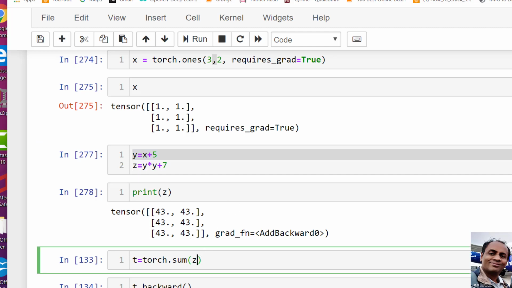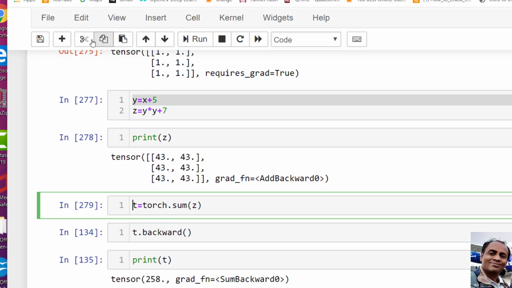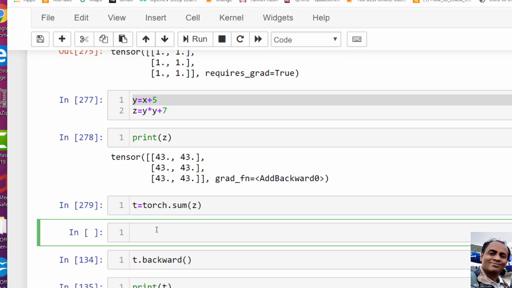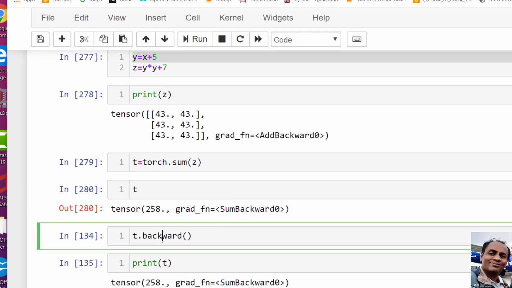Now I want to do T, which is the sum of all these 43. So how much will T be? T will be 43 into 6, which is 258. Now if I do T dot backward, this is very important, guys.